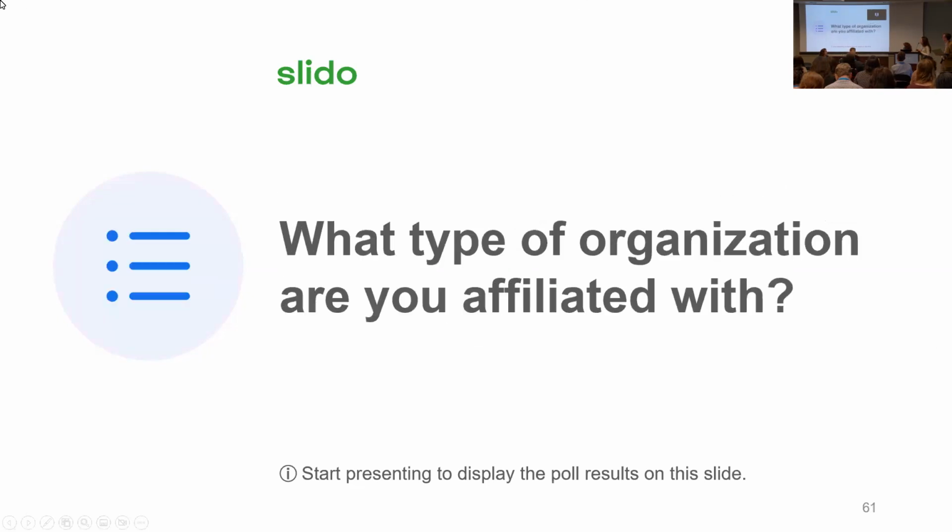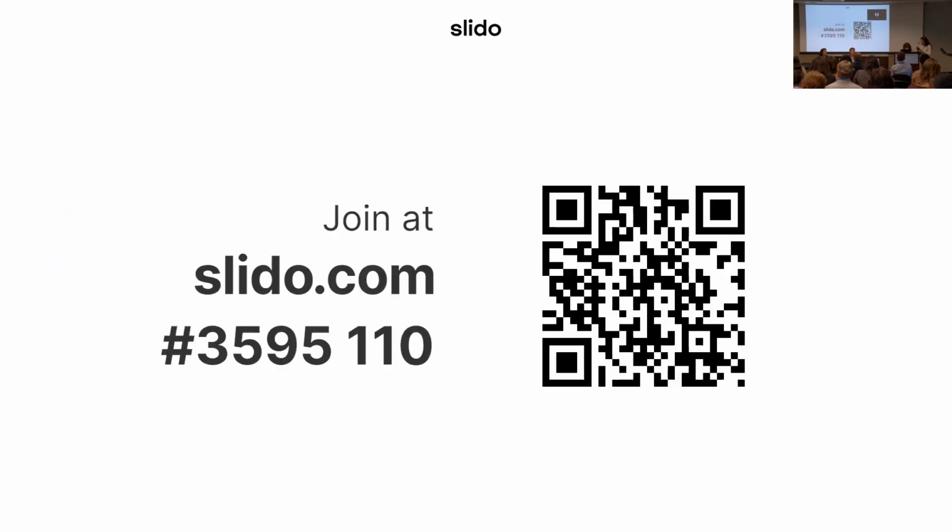I'm going to try this with Slido. So let's see if this works. So you can scan the QR code.